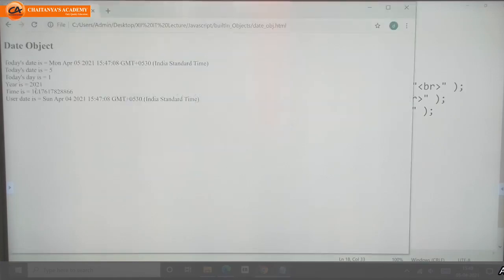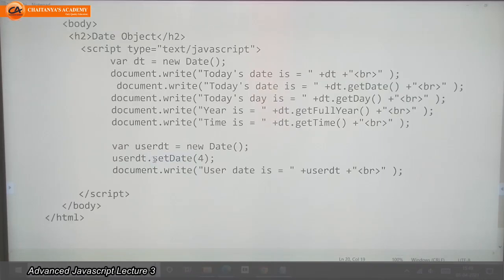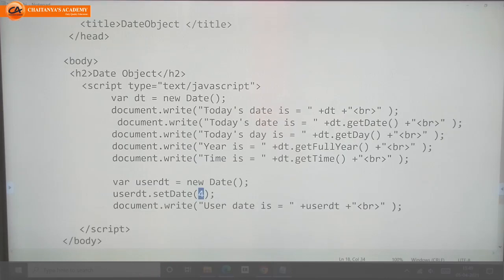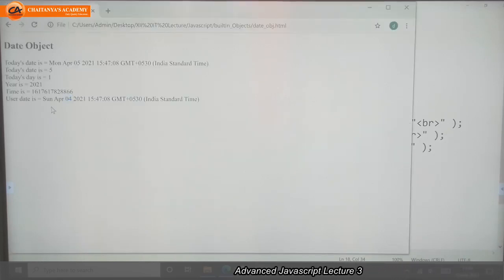Then the output is here. User date is Sunday, April 4. What I did there, I just set yesterday's date here, that is 4. Today's date is actually 5th, but instead of that I set the date as 4, so my date became yesterday's date now. User date is Sunday, April 4, 2021, and this is the time.